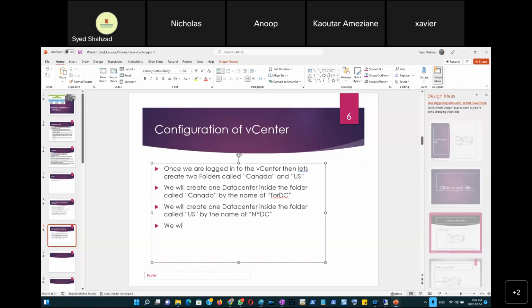Then we will add ESXi02 hypervisor to Core DC and ESXi03 hypervisor to NYDC, right? So